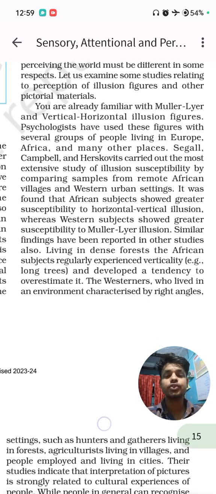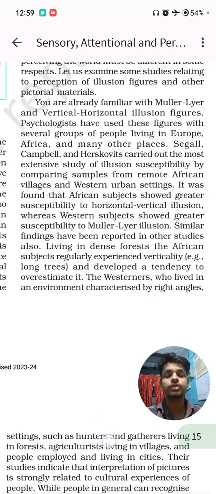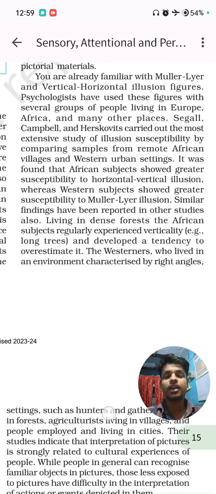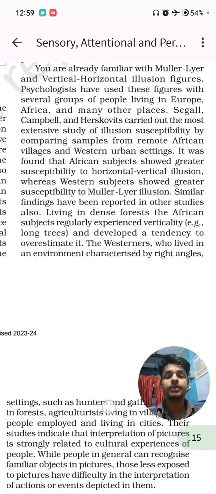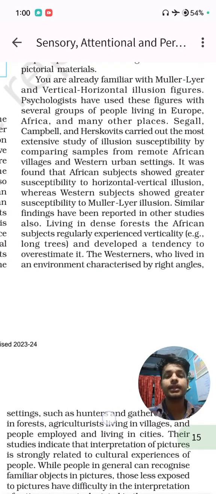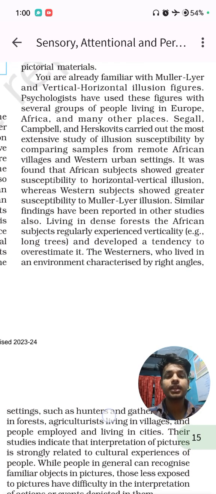Psychologists have used these figures with several groups of people living in Europe, Africa, and many other places. Segall, Campbell, and their colleagues carried